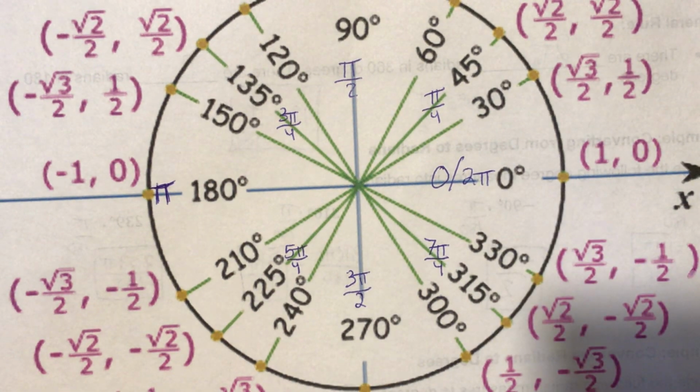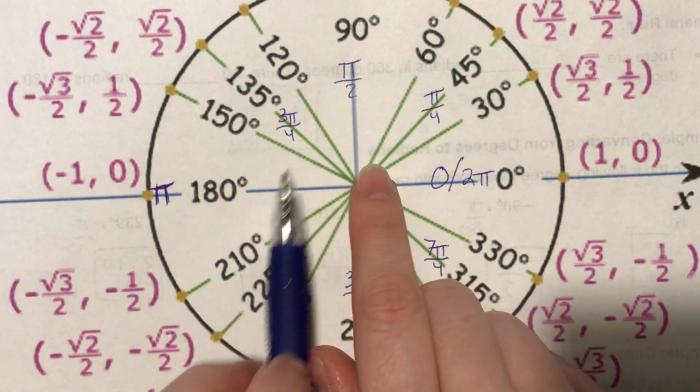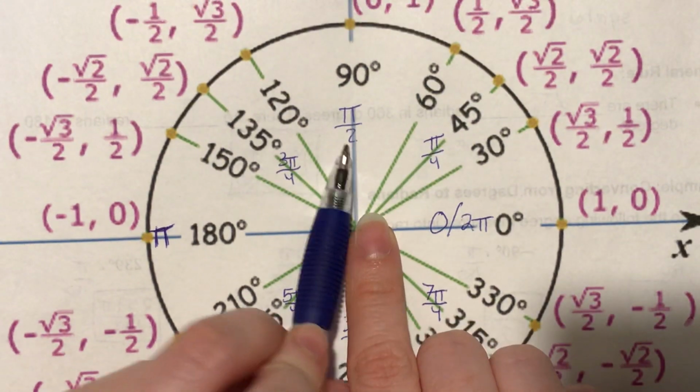And then let's get our 30-degree intervals in there. So if 90 degrees is pi over 2, and we have to split it,